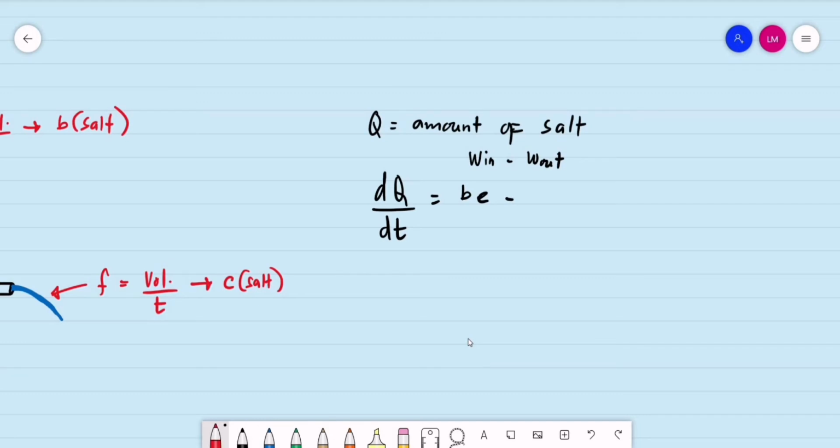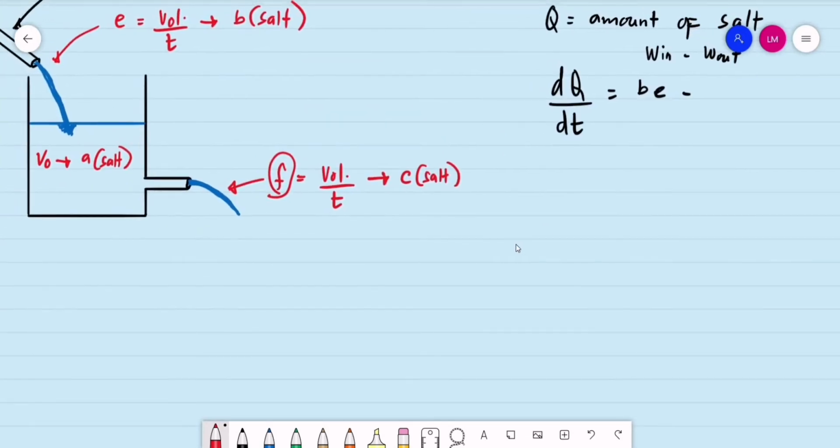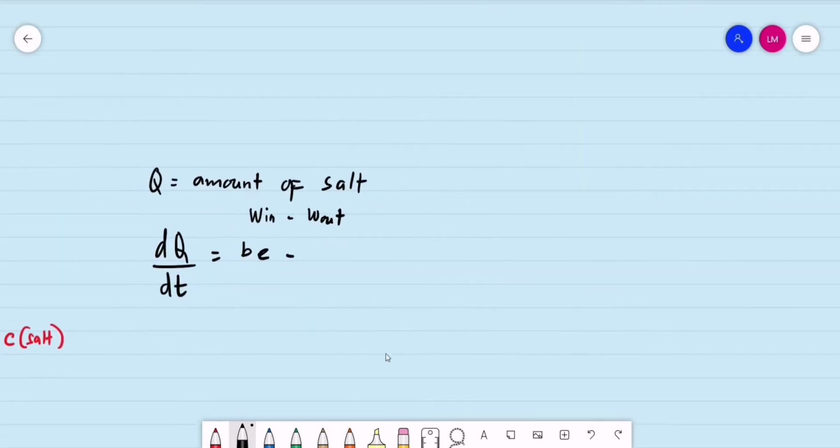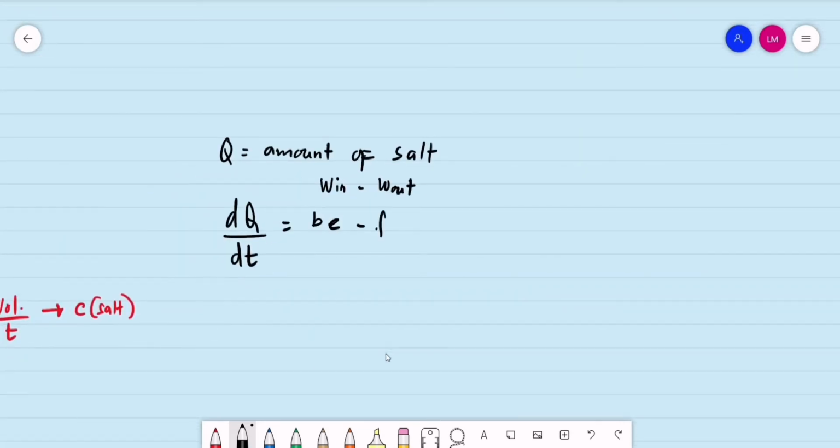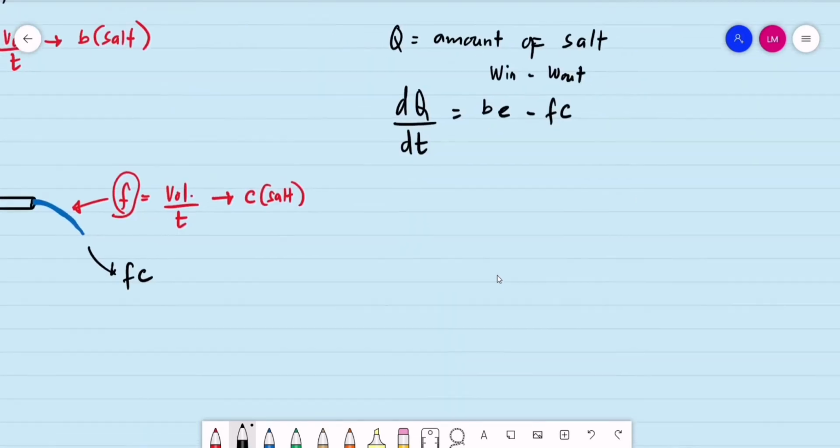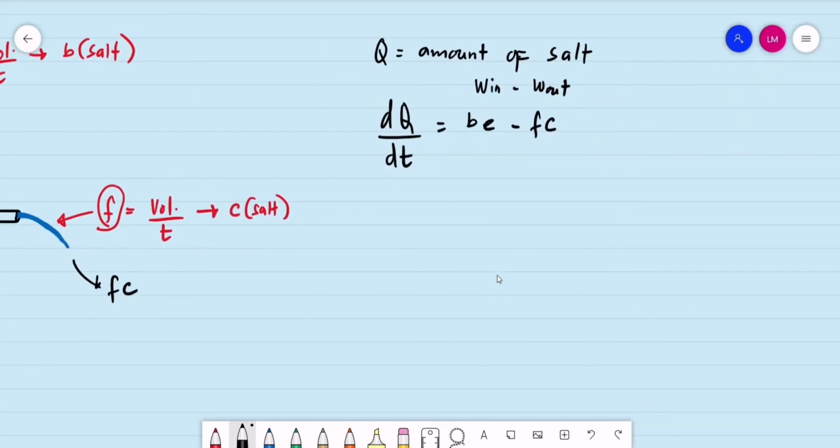We have the rate of the solution coming out from the tank is F, and the concentration is C. So we say that the weight out, we can have it as F times C. So that is minus F times the concentration C, or small c. How do we compute the concentration of the salt coming out from the tank? That will be C equal to the amount of salt coming out from the tank,